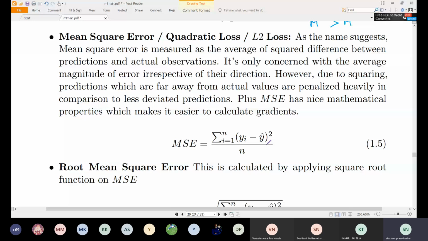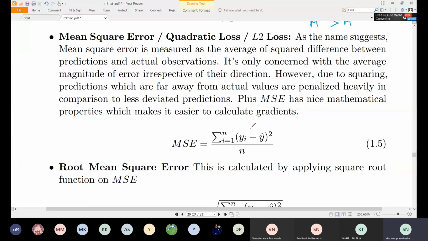We should make no difference between minus and plus. So what is the other way? The first way is to calculate the absolute value. The other way is to raise the value to the power 2. So if you square the value, then the influence of sign can be nullified. Okay. So if you square minus 1, you will get 1. If you square plus 1, you will get 1. Okay. So that is the reason why instead of taking the absolute value in this formula,